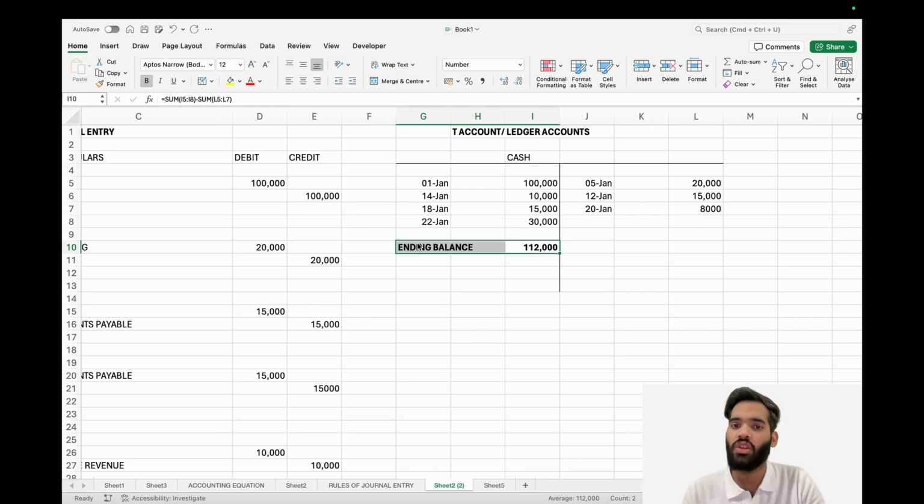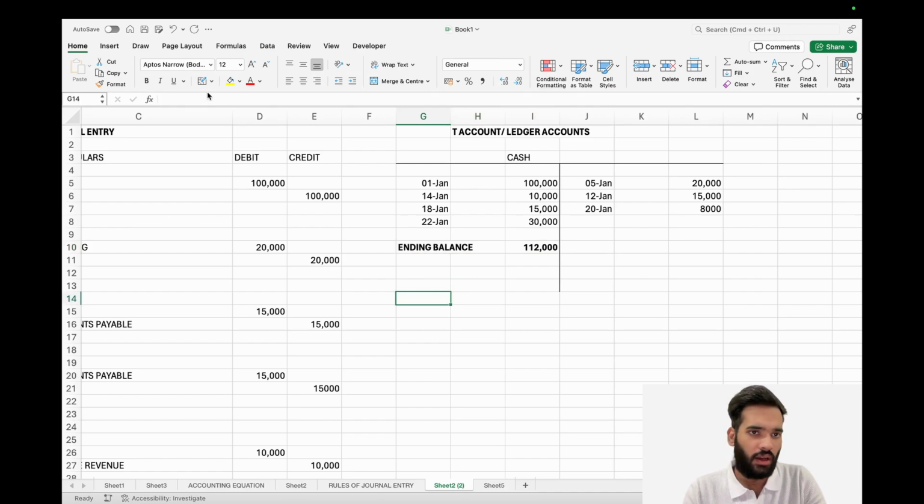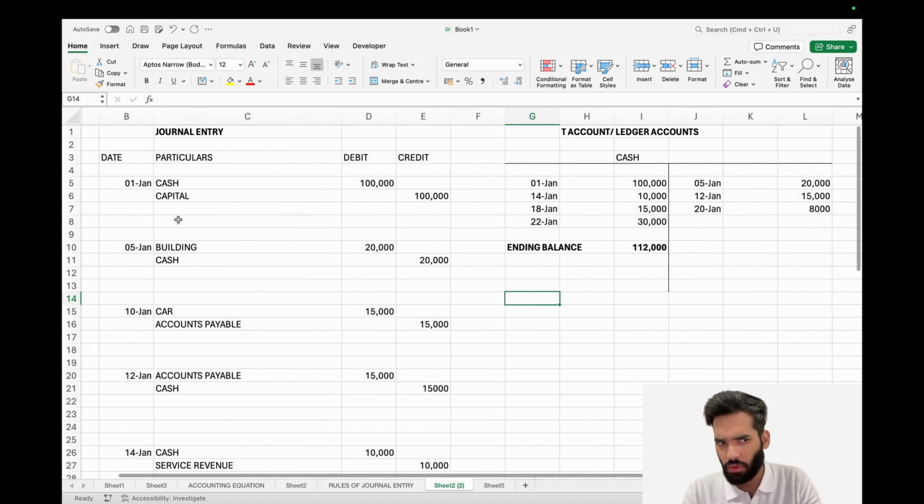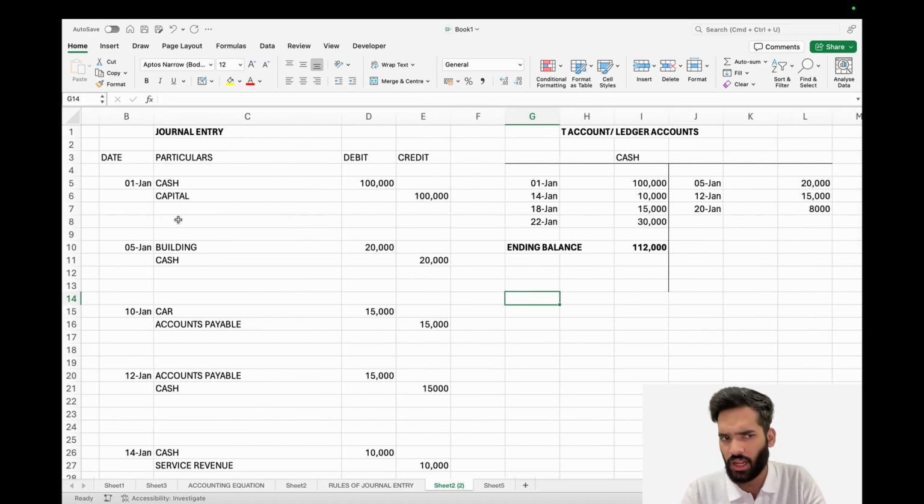Now, like we said, you need to make this T account for each of the accounts separately, because I do need to know how much of each account I have. It's not just cash. So let's make more accounts, but the good strategy is always to first count, okay, how many accounts am I going to need? Okay, so we are going to need a capital account. Okay, let's write it here. So one account for capital,